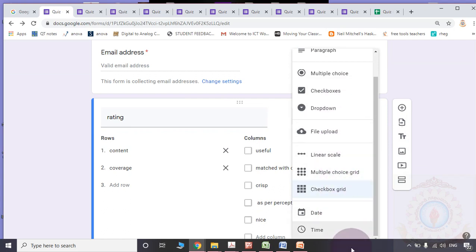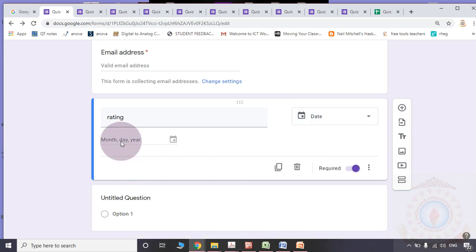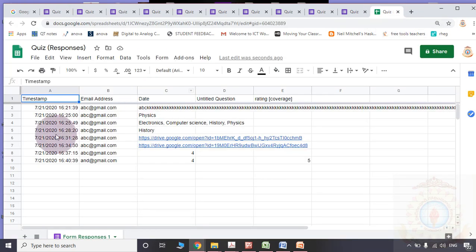So here, the next option is date. Compulsorily the question should be about a date only if you are collecting it. Sometimes here also you may ask what is the date of today. Whenever they are submitting the response, obviously in the response sheet a timestamp will come, but this timestamp is nothing but the time of submission of the form.